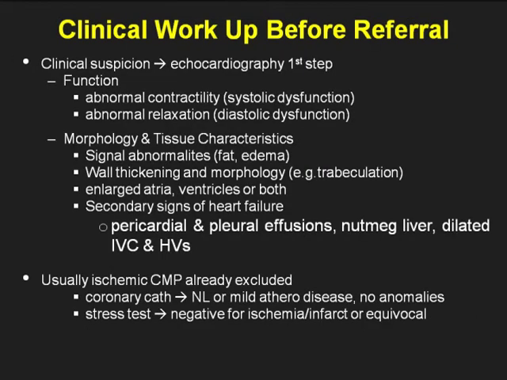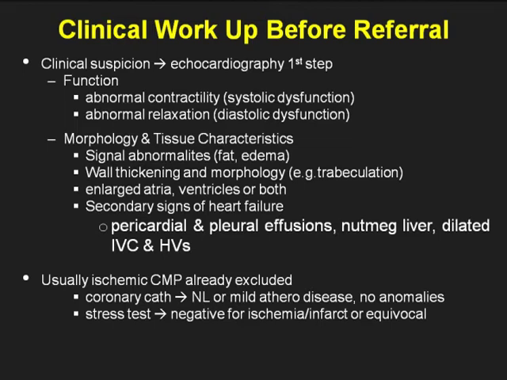In general, regardless of the cause, when the clinician's suspicion exists, the first step usually is echocardiography, where the function is assessed and there's abnormal contractility or relaxation. By echo, CT, or MR, the morphology of the ventricles and atria can be seen. On MR, you can see further signal abnormalities, also seen maybe with CT, depending on what it is. And you can also confirm other findings on the morphology or secondary signs of heart failure, usually with CT, where a larger range is included, where you can see both right and left ventricle failure